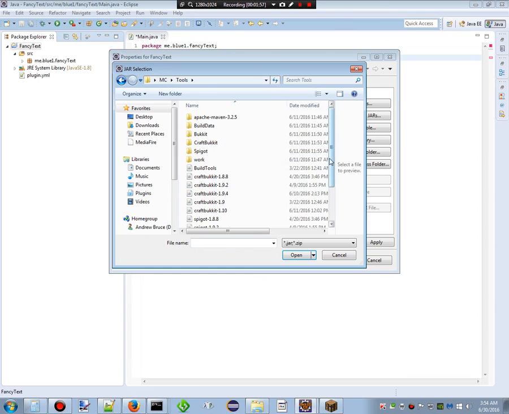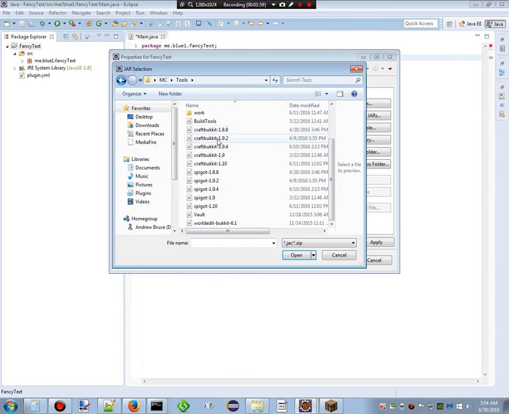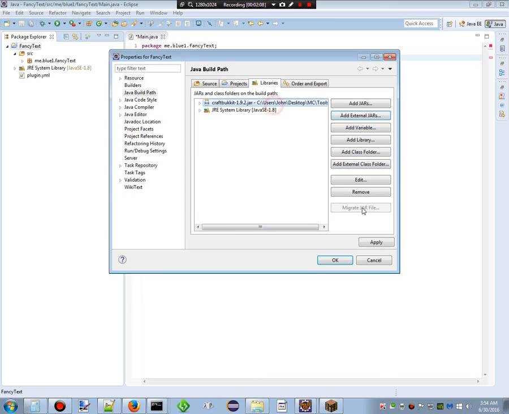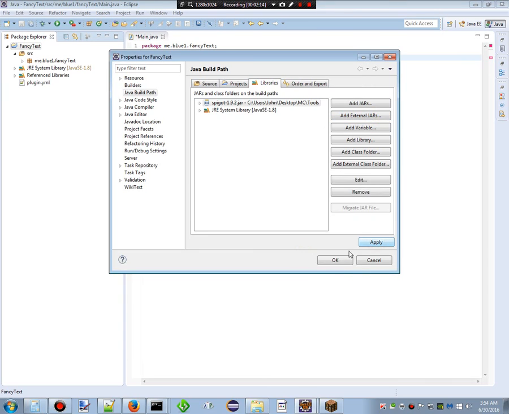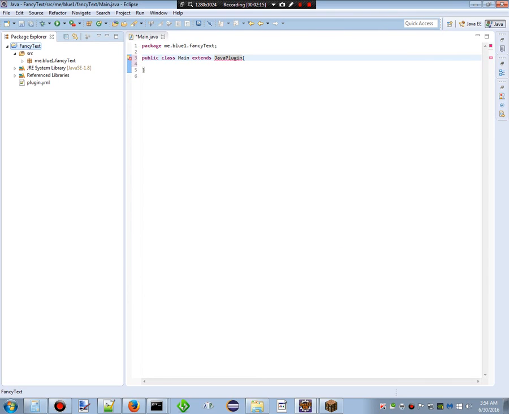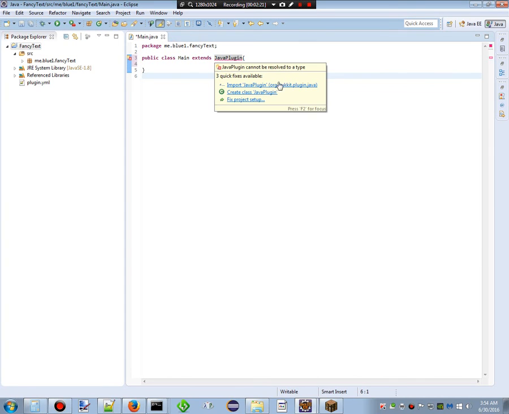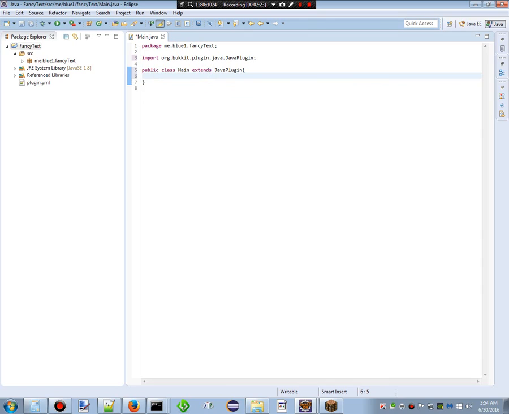So we'll go into our tools, and we're going to actually use 1.9.2 because that's what this particular server I'm in is using. Oh, not CraftBukkit. Oops. I use Spigot. There you are. I am, for the most part, now making my tutorials in 1.10, and I can assure you that this works in 1.10 just as well as it does in 1.9.2. So we add that, and then we're going to do